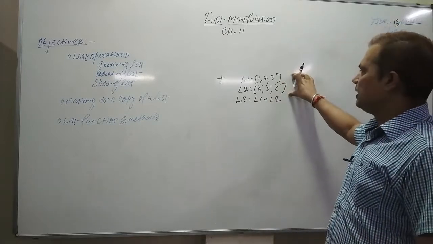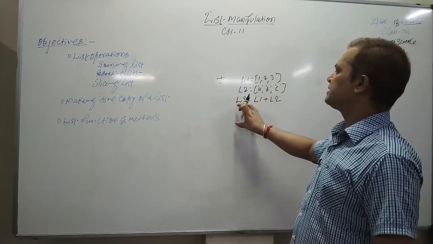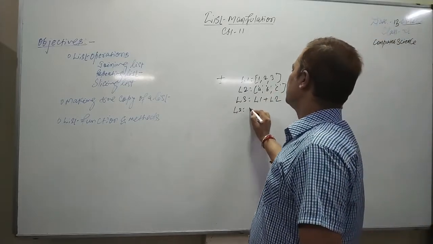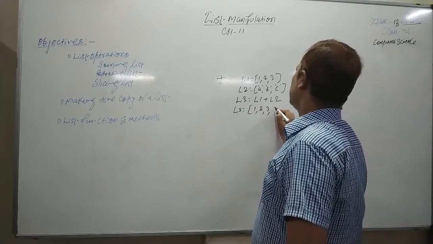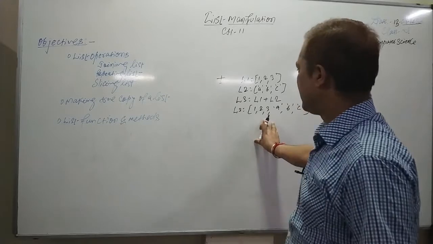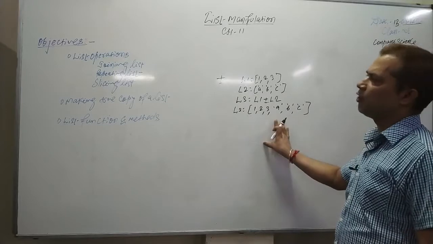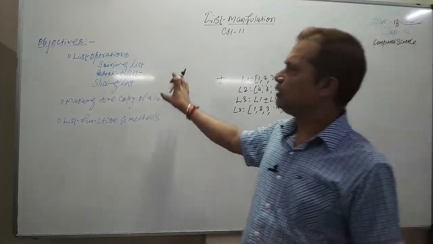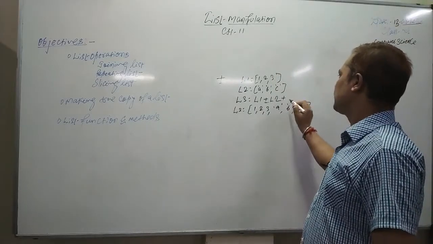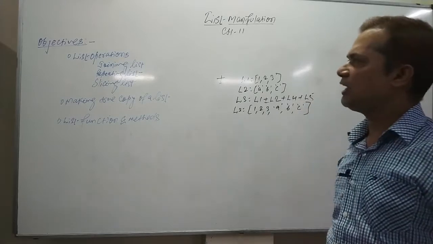Now once I have two lists and I'm using the plus operator to concat or add the two lists, simply I'll say L3 equal to L1 plus L2. What will be the output in L3? L3 will give you 1, 2, 3, A, B, and C. This is the output since we use the plus operator, a concatenation operator. So the plus operator can be directly used to join any lists. You can join two or more than two lists. You can even have L4 plus L5, and likewise you can keep on adding.